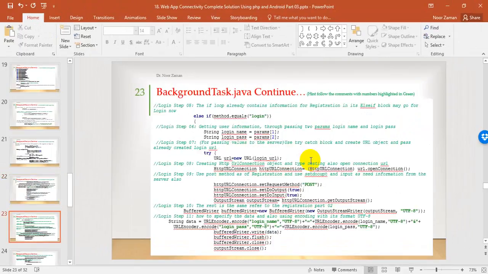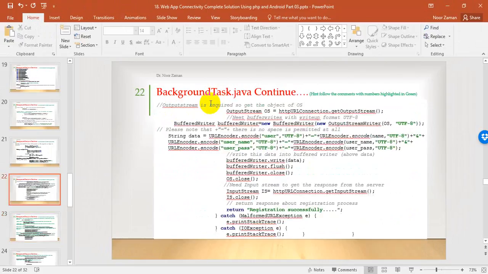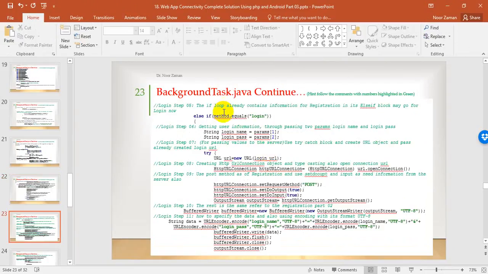So going ahead, you will find here, from here we need to start, because this is the login step number 05. You remember that in the previous slide we used the if block, and in the if block we put the functionalities for the registration purpose. So the same block you just extend. We have the if loop already, so just extend it with the else if, and now we say that if the method is equal to